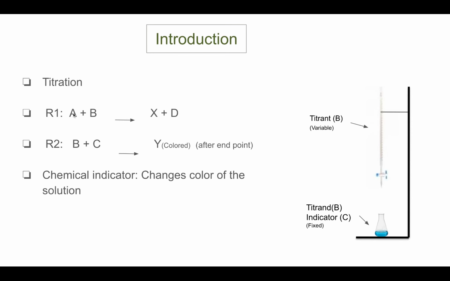And for that, suppose we are determining the concentration of unknown sample A. So we are setting up the chemical reaction based on the type of analyte. Suppose the analyte is an acid, then we'll set up a neutralization reaction,